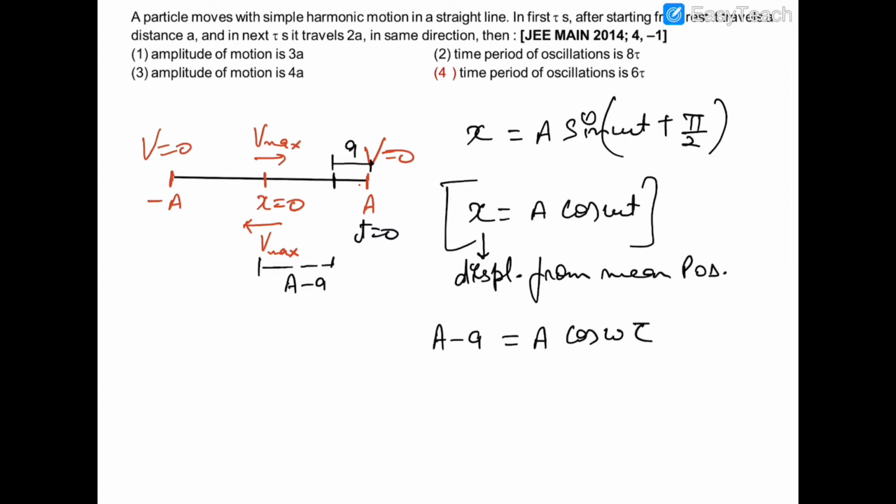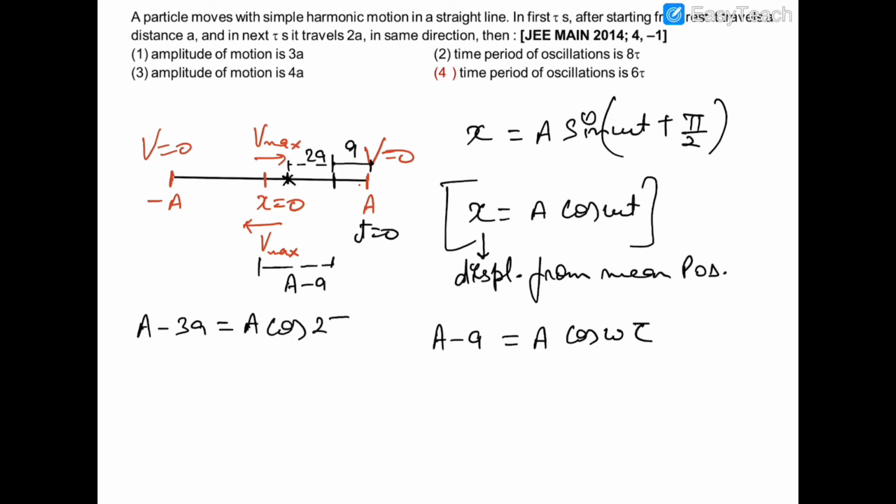Now in the second case, the particle moves in the same direction for tau more seconds, and it travels a distance of 2a. So now the particle travels a distance of 2a, and it is situated at this point. So the total distance traveled by the particle in 2 tau seconds is 3a. So its displacement from the mean position is A minus 3a. So x will be equal to A minus 3a, and that is equal to A cos